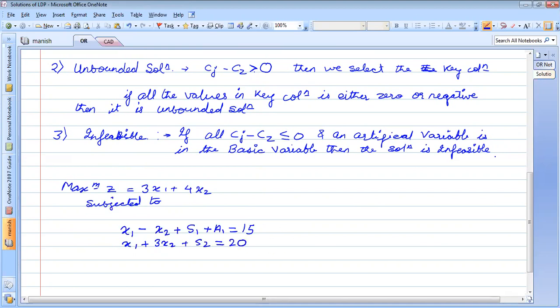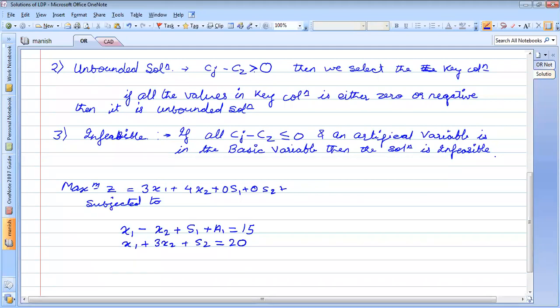If these are the constraints given to us, I have directly converted them into the standard form. So 0s1 plus 0s2. This is just my habit that I write s first and then the artificial variables. You can write 0s1 plus m x2 and so on.